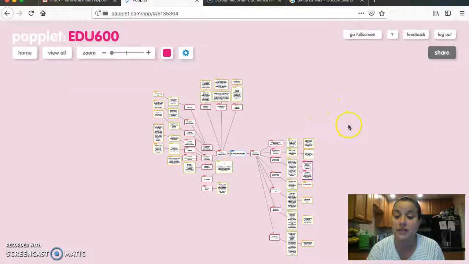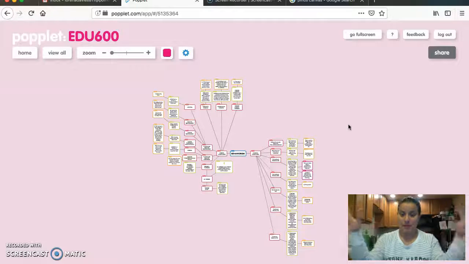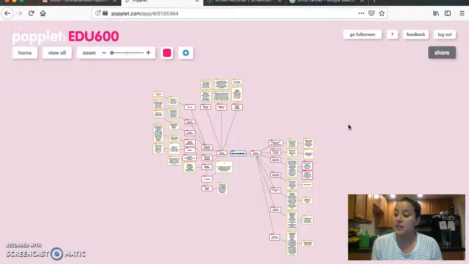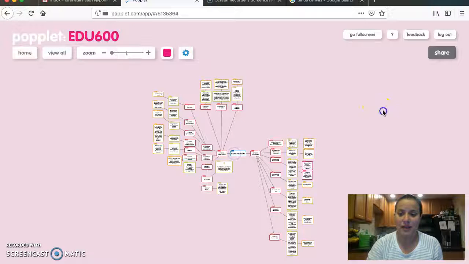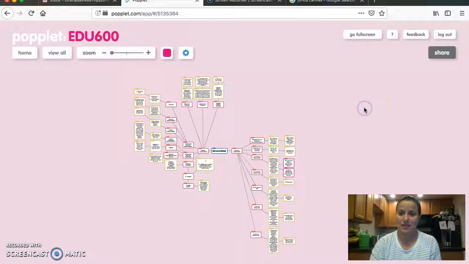When I'm retrieving this information, say, for example, for a pop quiz, I'm going to remember the things outside and the examples and the abbreviations that I made. So it was definitely very helpful. The only comment that I have for improvements is I wish they had a save button that happened automatically, but other than that, I love Poplet, and I can't wait to be using it as a teacher. All right, thank you.